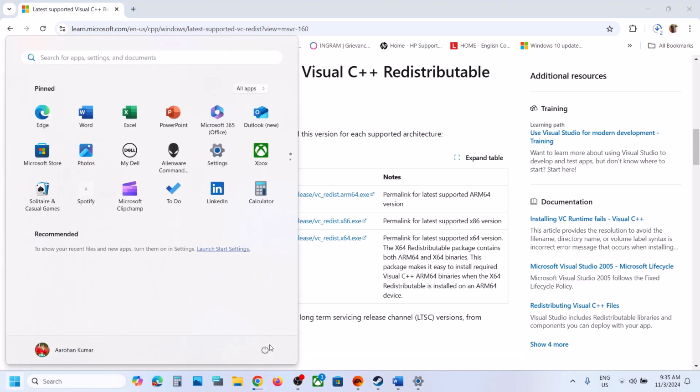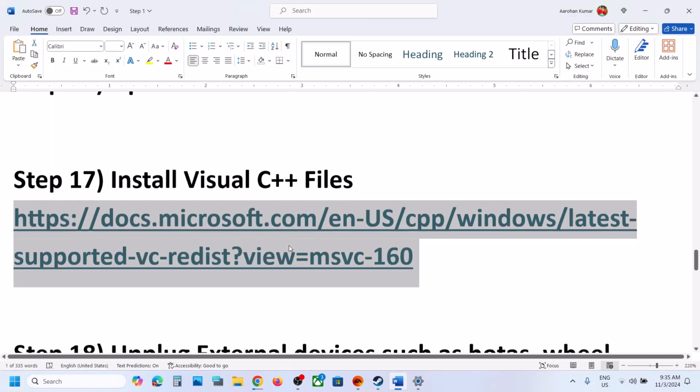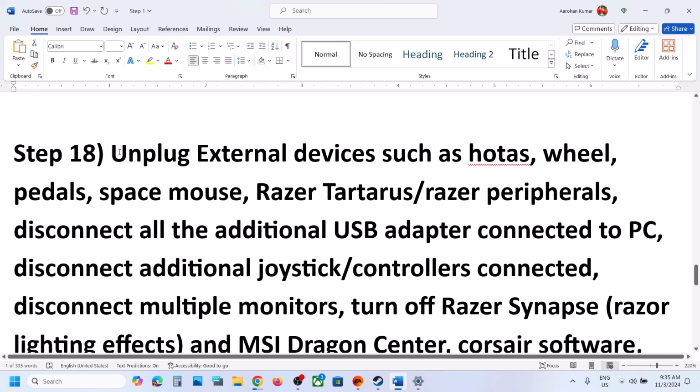Once the installation is complete, you have to restart your computer, and after the system restart, you can launch the game and then check. Next step is to unplug all the external devices, like if you have OTAs, wheel, pedals,